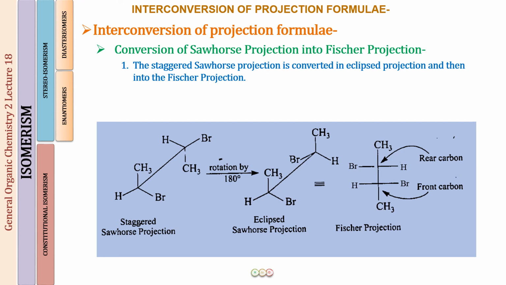And when you have to convert it into the Fisher, you will be starting from the rear carbon and the front carbon. So these are these ones. Okay. So the CH3 group which is on top and the CH3 which is on top. So all these 4 will be forming the vertical line starting with the top from the CH3. Okay. So CH3, C2, C3 and C4. So this is how we have the vertical line, and then you have to place the groups on the horizontal line for C2 and C3.